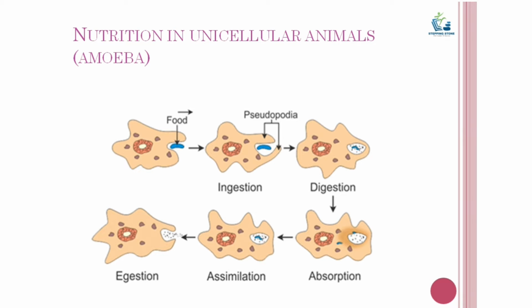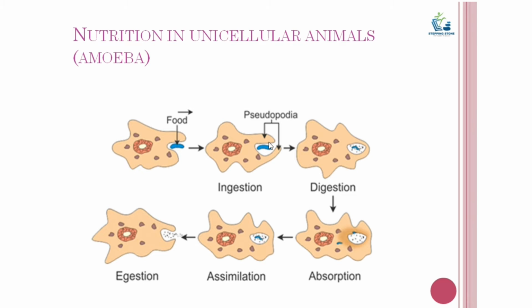Now, the amoeba has no mouth or any fixed place for the ingestion of food. So, how does amoeba ingest the food? With the help of pseudopodia. You can see here pseudopodia. Pseudopodia are false feet. When a food particle comes near amoeba, it ingests this food particle by forming temporary finger-like projections called pseudopodia. Now you can see in the figure that when the amoeba finds food, it forms pseudopodia, and with the help of these pseudopodia, it engulfs the food